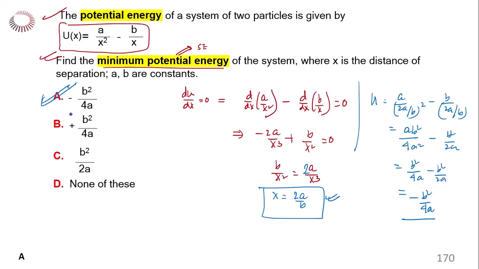So in this situation, first of all, you have to differentiate it and get the answer for x. So this is the location for minimum. So at this location, I am getting the minimum value of potential energy, and once I put this location value in the U expression, I am getting the minimum value of U. So once I am getting the minimum value, that means I can conclude that the potential is minimum, means the stability is stable. The stable equilibrium is achieved.